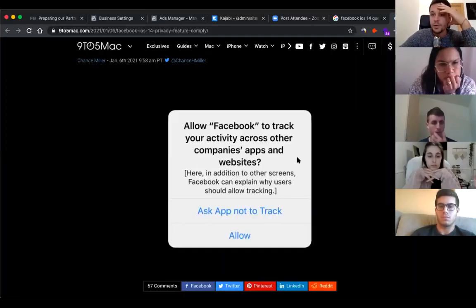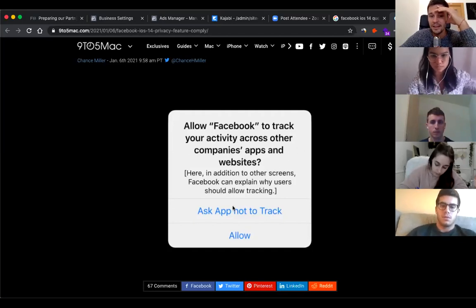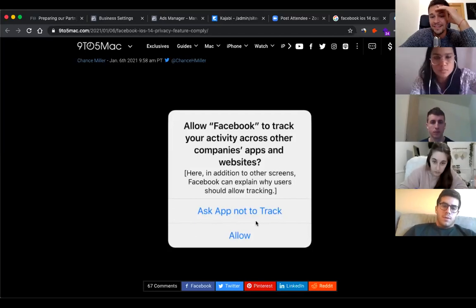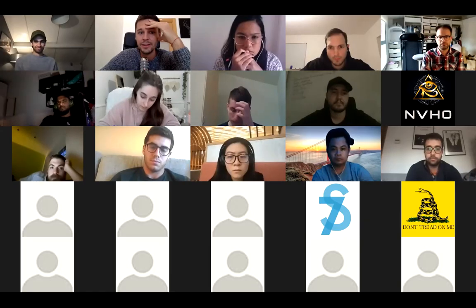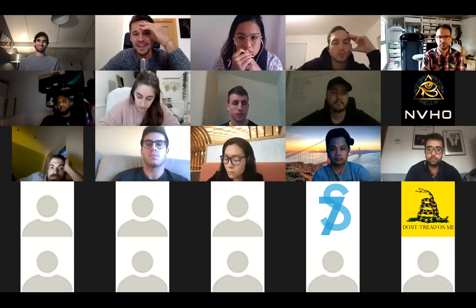You're going to receive this push notification when you enter Facebook, for example, on your iPhone, and you're going to be asked, hey, are you going to allow Facebook to track your activity across other companies' apps and websites? The default answer, the upper one, is ask the app not to track, and the lower one is allow. And it's, of course, highly speculative to say now how many people are going to say allow and how many are going to say not allow.